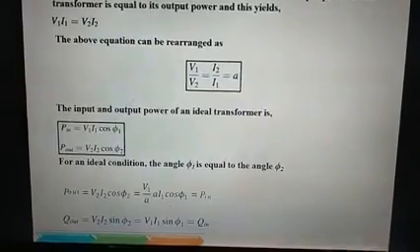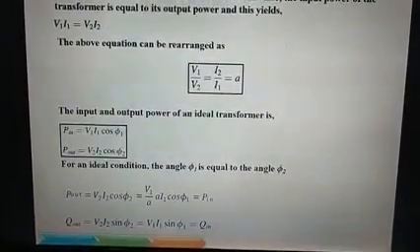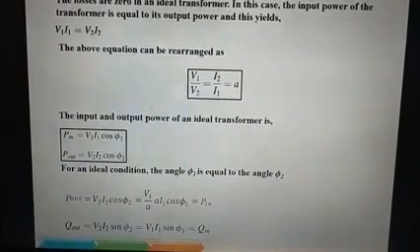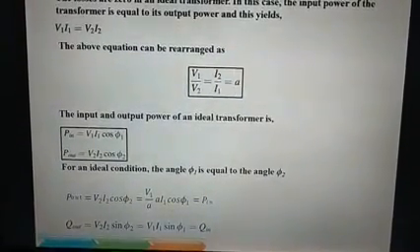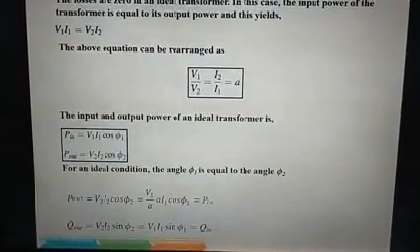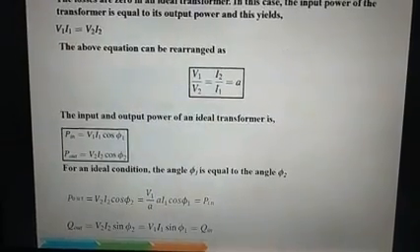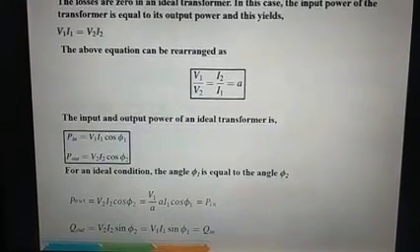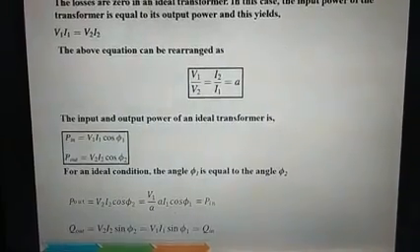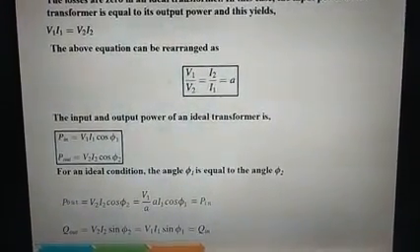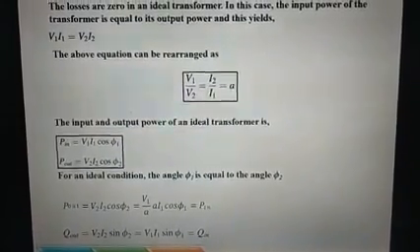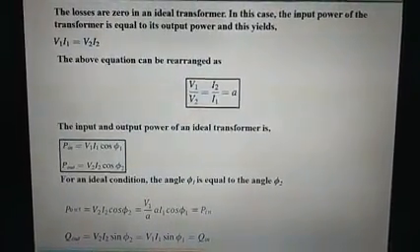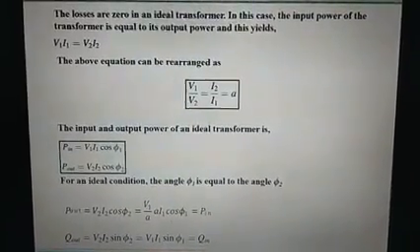Similarly, you can see the P out, that is power at the out, means across the load side, so it is at the secondary side, V2 I2 cos phi 2. You can write V2 is equal to V1 by A, so V1 by A into A I1 cos phi 1, because V2 is equal to V1 by A and I2 is equal to A into I1. A and A is going to be cancelled out, so P out is equal to P in. It is a very simple proof from the turns ratio. You can prove that P out is equal to P in and Q out is equal to Q in.